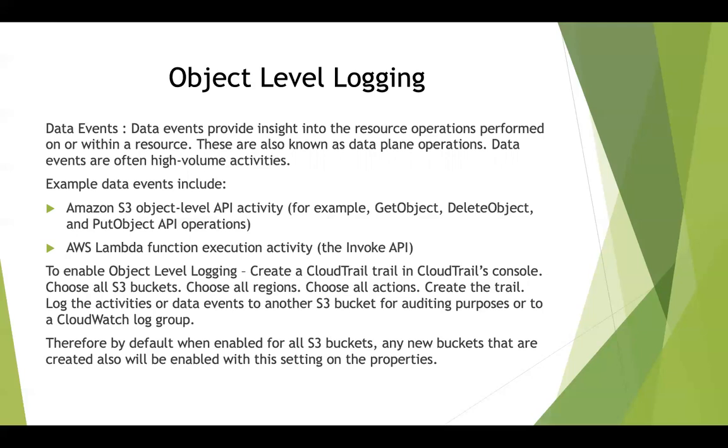You will not be able to find that using server access logs. You will only be able to find that using object level logging, because you have enabled CloudTrail for API actions. So you can go ahead and look at your CloudTrail logs and find out the particular person's IP address as to who deleted that particular object in your S3 bucket. Using that IP address, you can find out whether it's an internal person in your organization, because ultimately your organization has its own range of IP addresses, or whether it's a person external to the organization. If it's internal, you can check with your own team and find out who that person is.